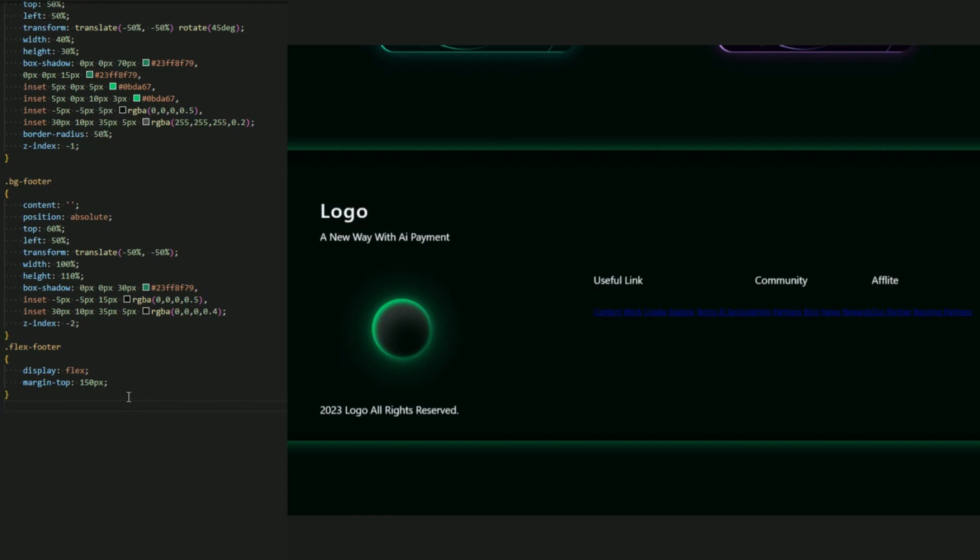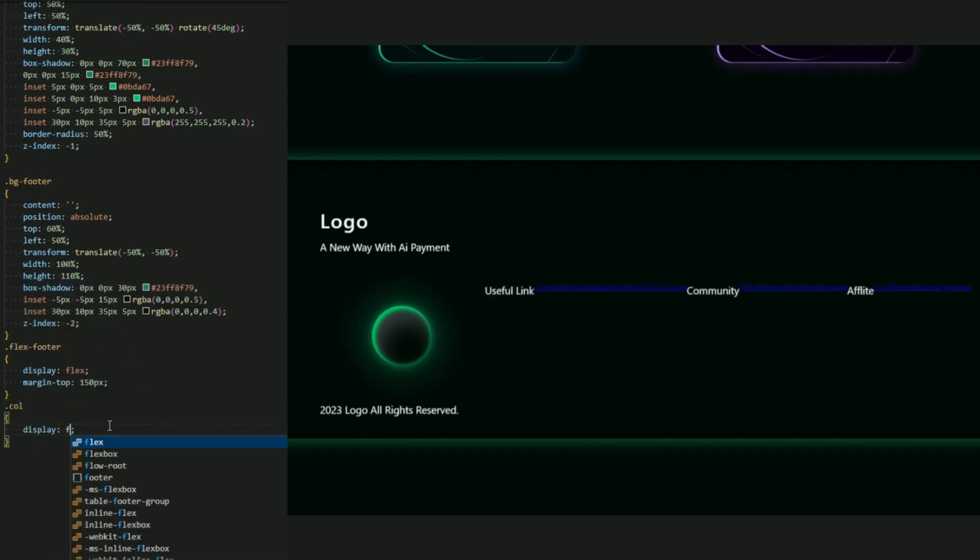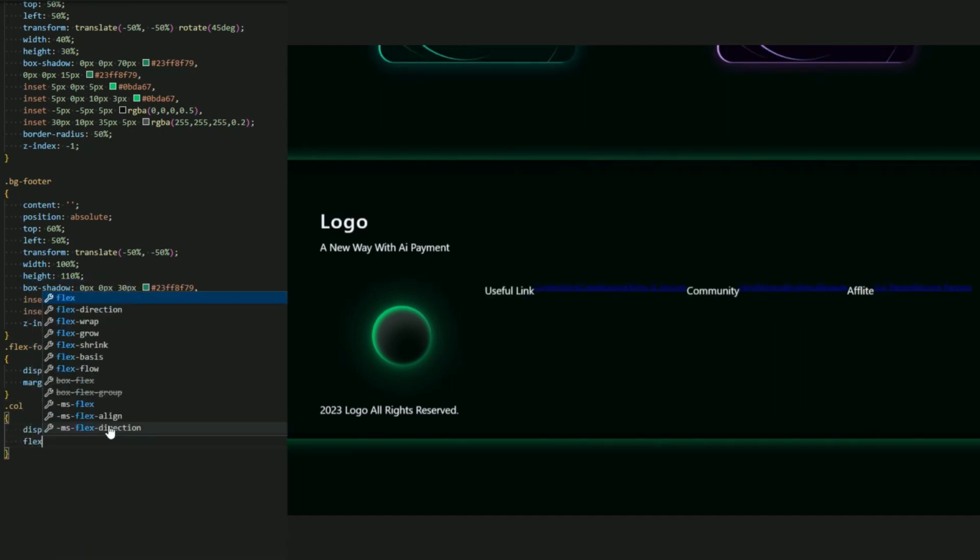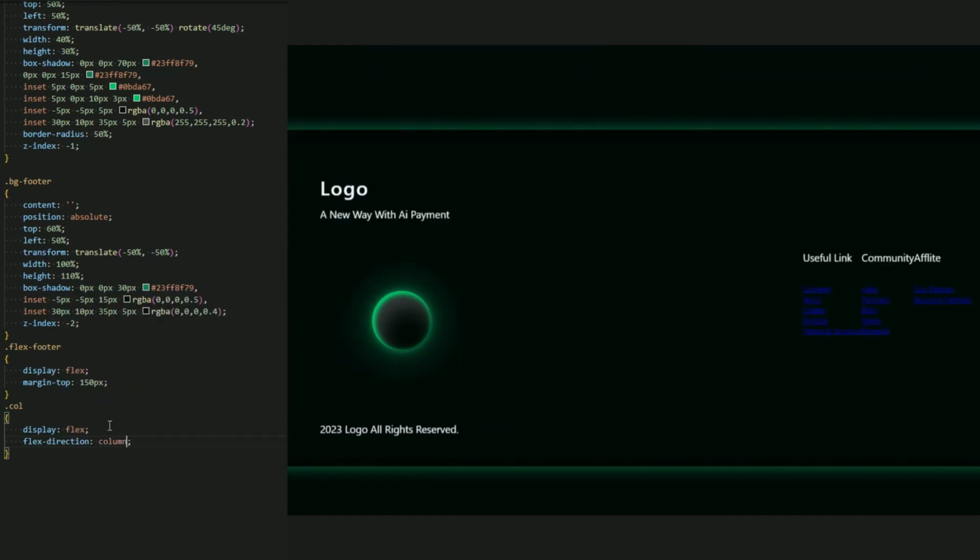So this is why I add the margin top 150 pixel. Okay, now for the links, display flex again and the flex direction be column. Okay, and now let me add a little space between these links, 0 pixel and 75 pixel for the space of the links. There we go.